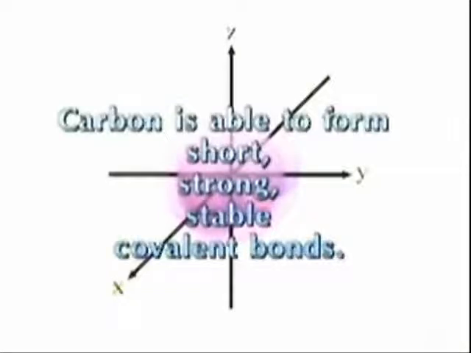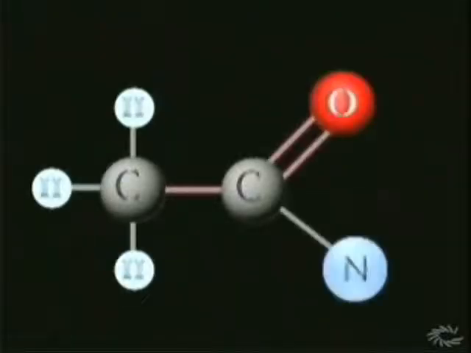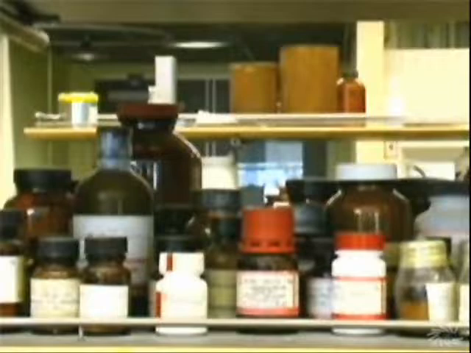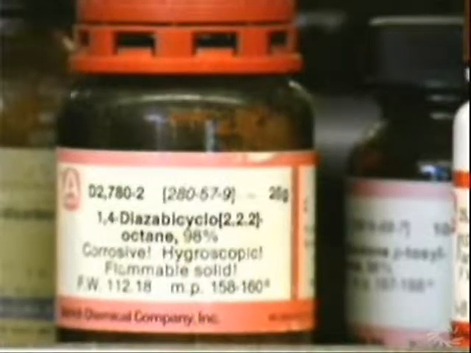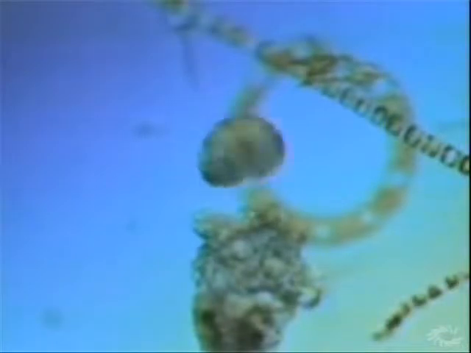Because carbon has only 2 energy levels, and consequently its valence electrons are relatively close to the nucleus, carbon is able to form short, strong, stable covalent bonds. Due to these characteristics, carbon frequently links up with other carbon atoms, as well as other elements like hydrogen, oxygen, and nitrogen, to produce long chains of atoms. Carbon atoms provide the framework for an enormous variety of different compounds that can participate in an amazing range of chemical reactions, and it is these compounds that provide the basis of life.